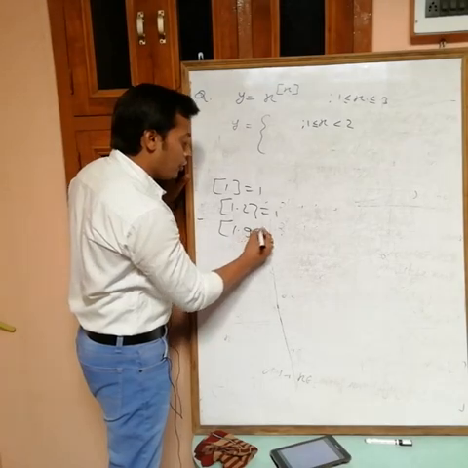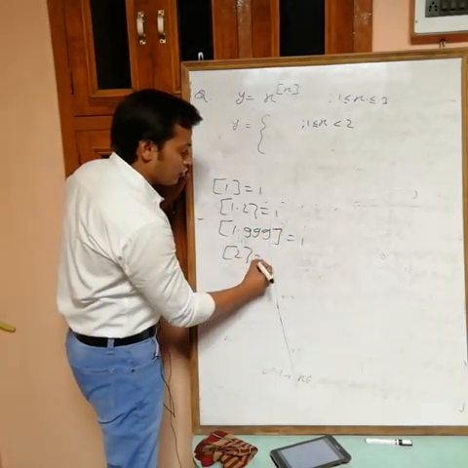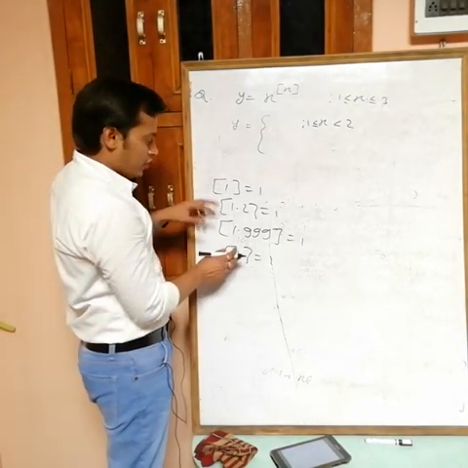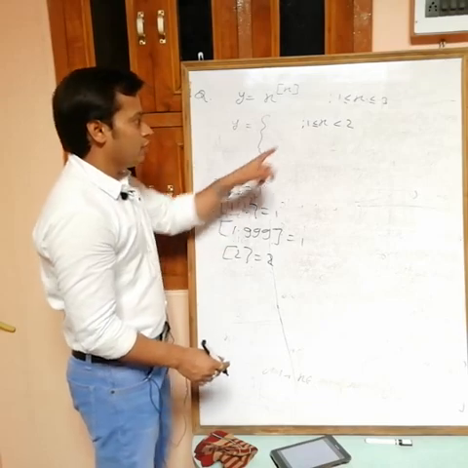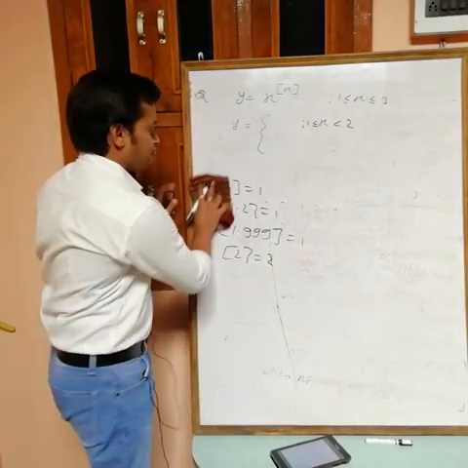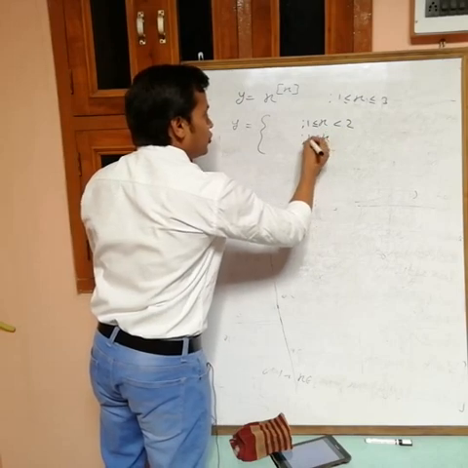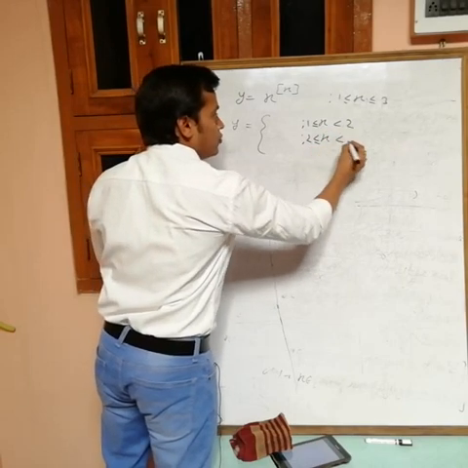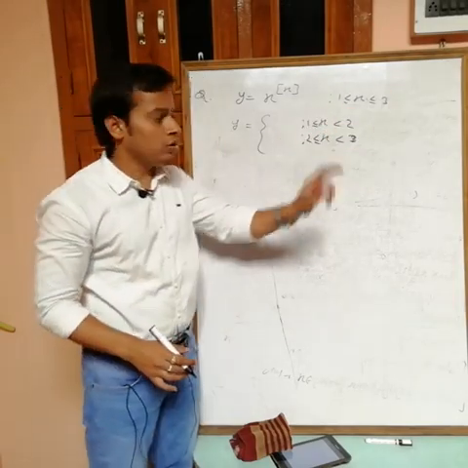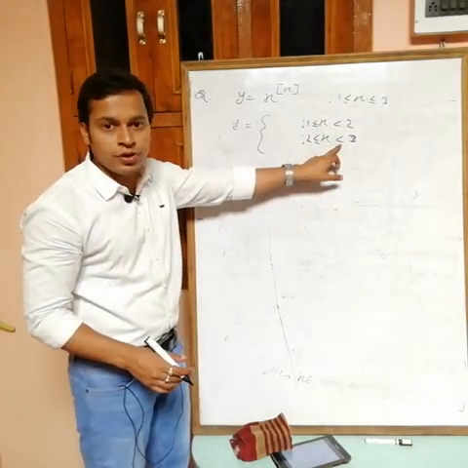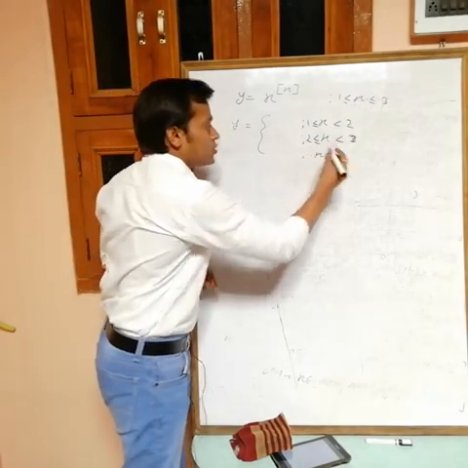Greatest integer of 1.999 is also equal to 1, but greatest integer of 2 is equal to 2. So for these I have the same value, but for this one I have a different value. So I have to take only 1 to just before 2. Now next interval, when x is from 2 to just before 3, you can't include 3, but here we have x from 1 to 3, so 3 is not included now, so I have to take 3 separately also. When x is equal to 3.